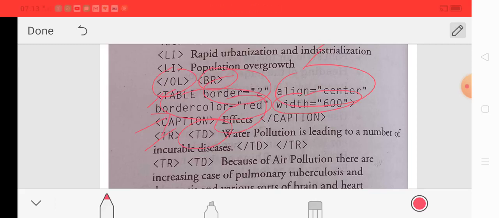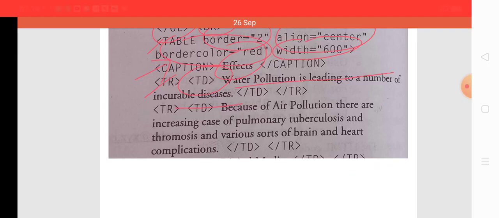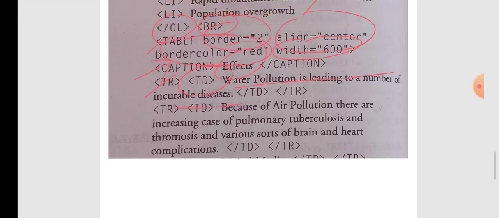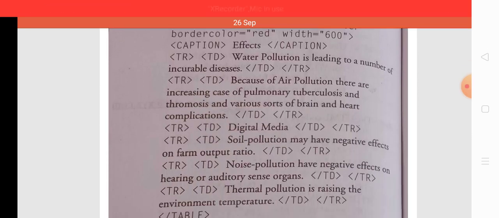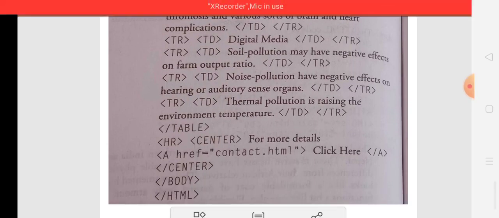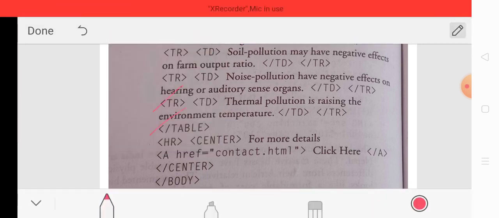Population leading to a number of incurable diseases, that is the content of the first row. In this manner we write different rows, you can easily see that different rows are created, and at last we close the table tag.